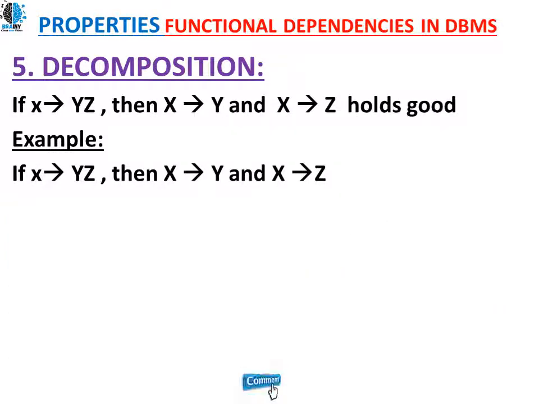Next, decomposition. X goes on YZ, then X goes on Y and X goes on Z also holds good. So here union is given and we have to decompose it. Previously, decomposition was given and we had to union it. Now union is given and we have to decompose. So decomposition is the reciprocal of union. So the union value I am giving here